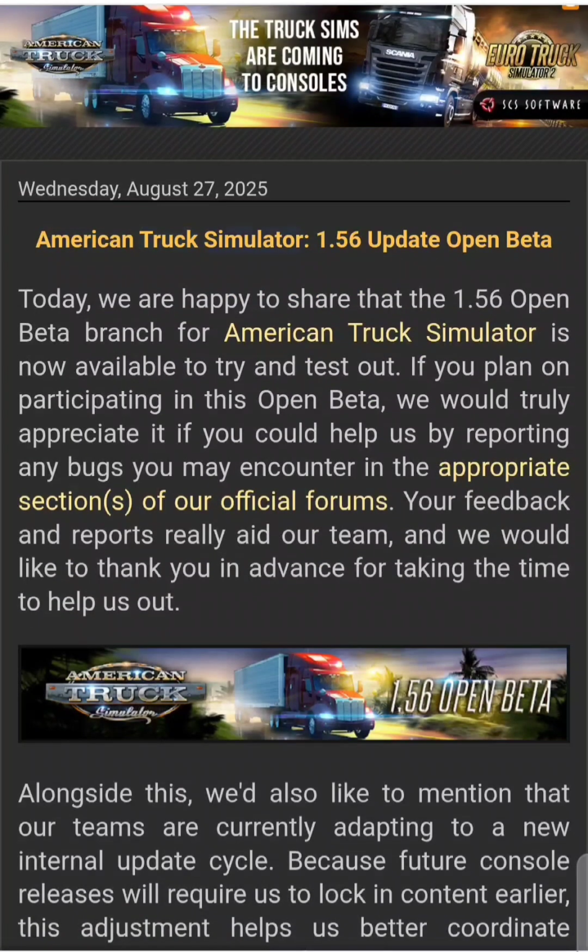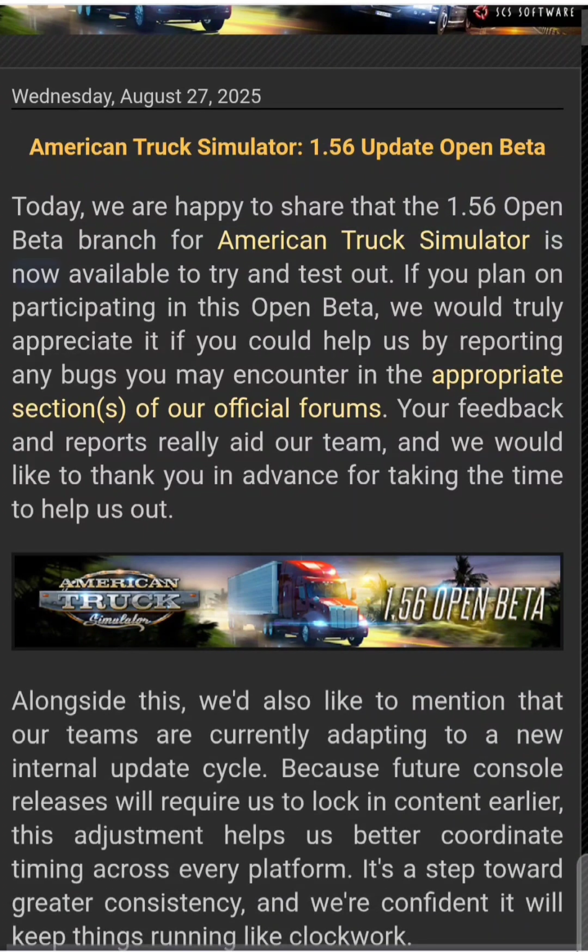American Truck Simulator 1.56 Update Open Beta. Published by SCS Software's blog. Today, we are happy to share that the 1.56 Open Beta branch for American Truck Simulator is now available to